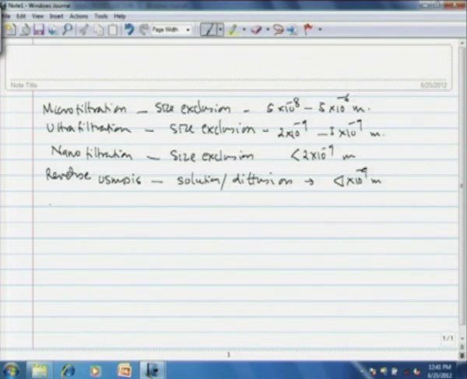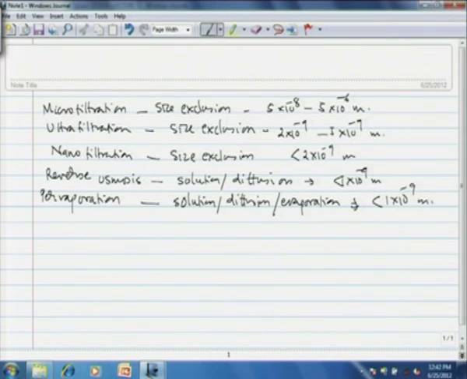Then there is pervaporation. Here there is solution on one side, then diffusion on the other side, and then evaporation. You have to maintain lesser pressure at the permeate end, so that the component evaporates, and here also you have the pore size less than 1 × 10^-9 meters. So that is the typical size classification of the